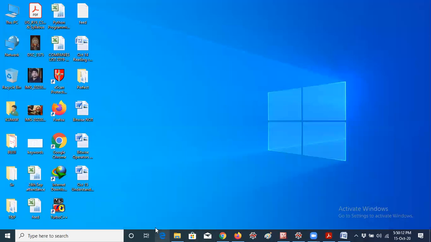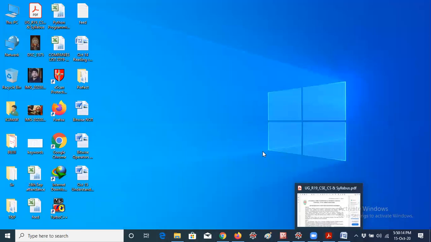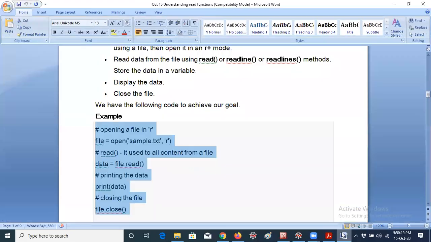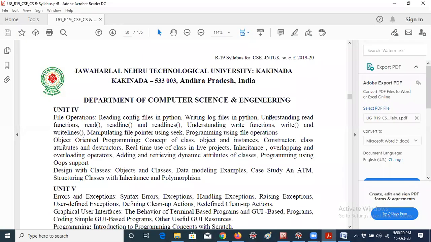Okay, so guys, let me move to today's concept now, because till now what I discussed are the old concepts. According to our syllabus we have the read method also, but let me move to readline and readlines, because just now I completed the read method. So now I'm coming to readline.